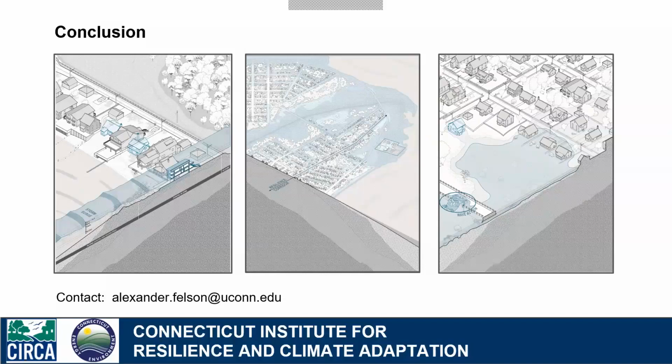We're starting to build on the vulnerability assessment that CIRCA is pulling together as a tool to work through municipality to municipality and identify zones of shared risk across municipalities. So that is a next step that we're working on. I would also encourage you that part of the reason that we have the visualization scenarios is to encourage municipalities or state agencies to start thinking this way and be able to identify them themselves. It's a different form of zoning, a different way to think about it.